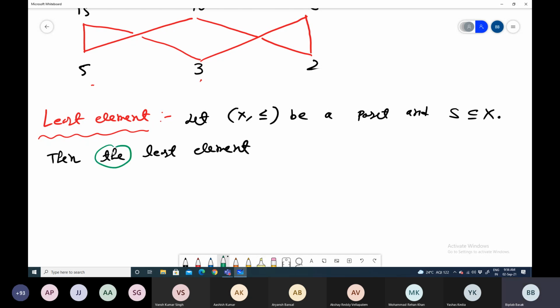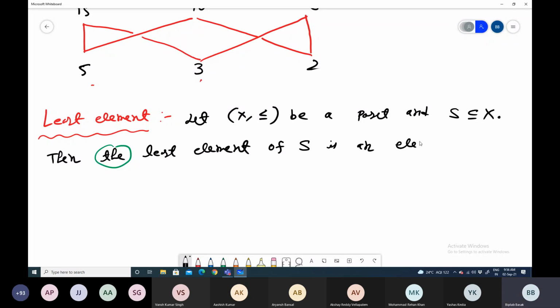Because by the definition, it is clear that the least element, if it exists, will be unique. So therefore we are using the article 'the' here. Then the least element of S